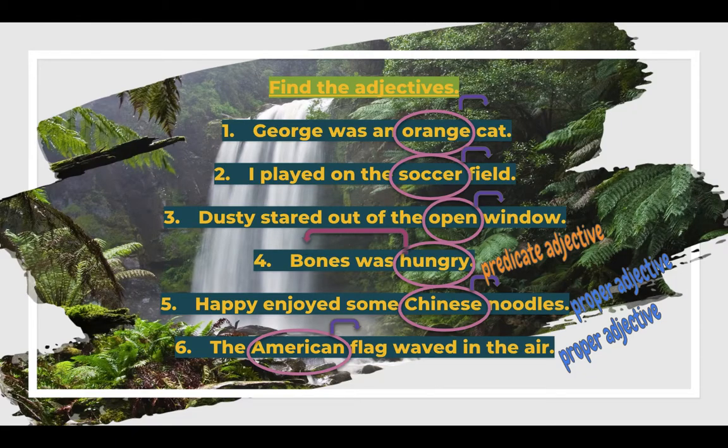All right, well, I hope you understand that an adjective describes a noun. If you can't figure it out, you might ask the question, what kind or how many, to find out if you have an adjective in the sentence. And then predicate adjectives are adjectives that happened after linking verbs and they link back to the subject, just like in sentence 4. And then proper adjectives are adjectives that are capitalized. They're specific words that tie to places, things, or people.